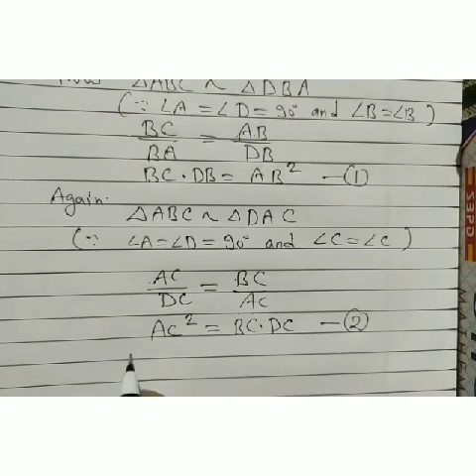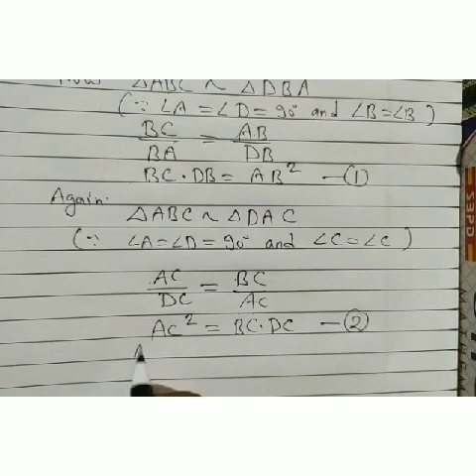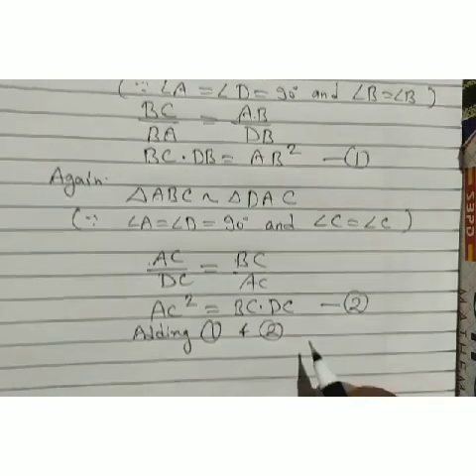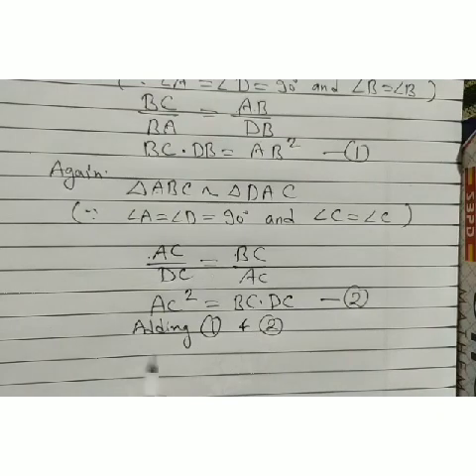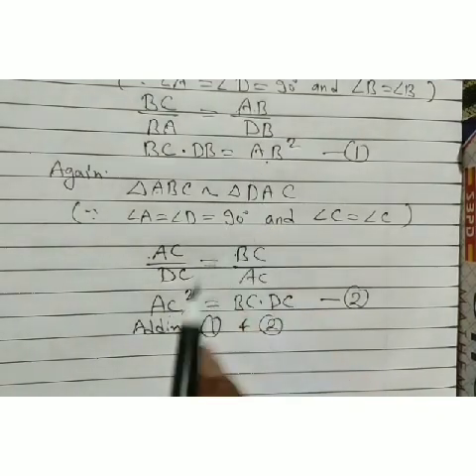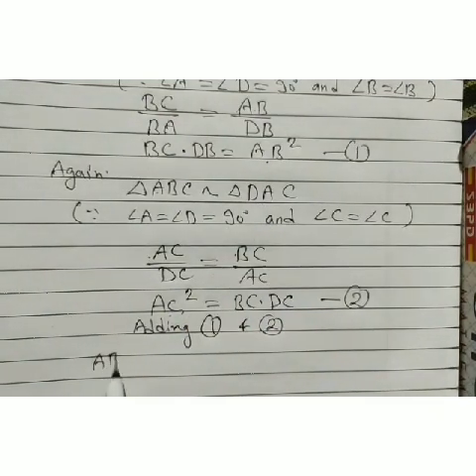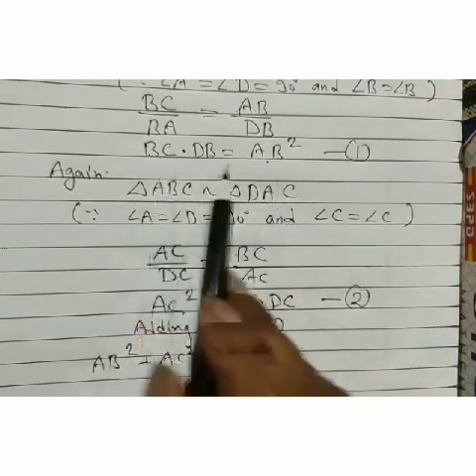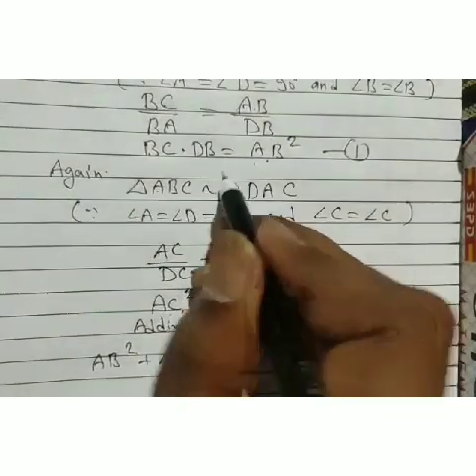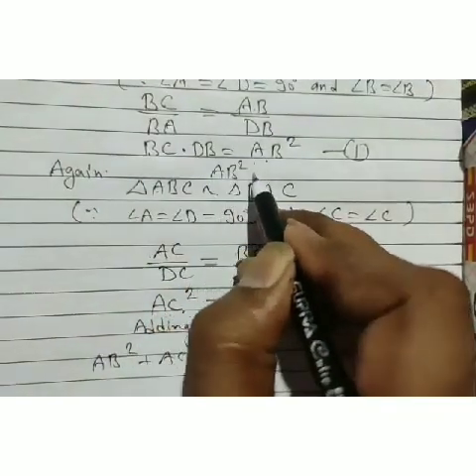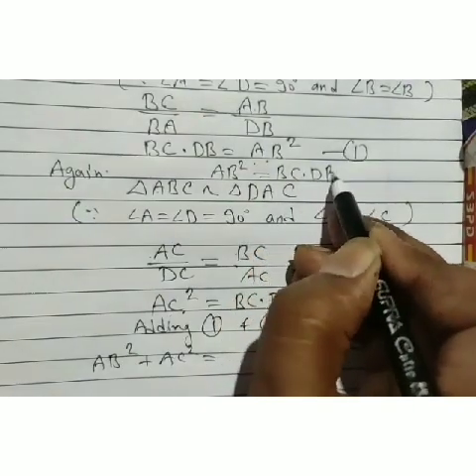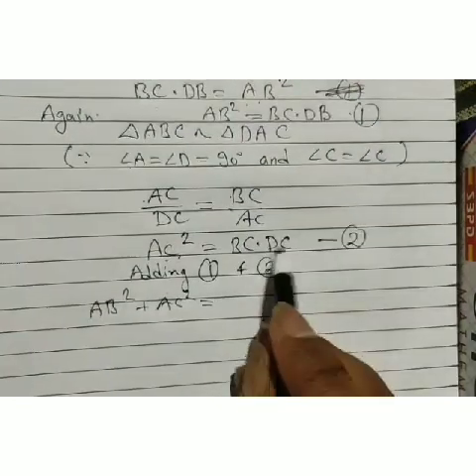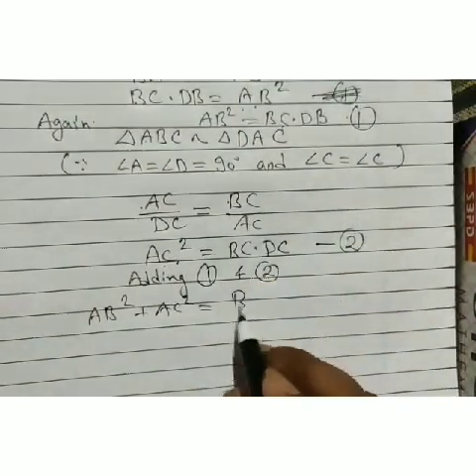Now what we do? We are going to add our equations 1 and 2. Now what we have? We have AB square plus AC square on the left hand side. On the right, you can write down AB square is equal to BC into DB. You may be confused there. Now it's equation 1, and here what we have now is BC into DB